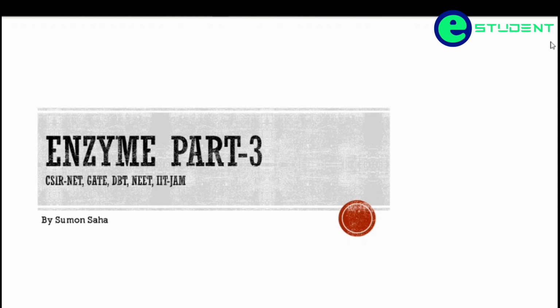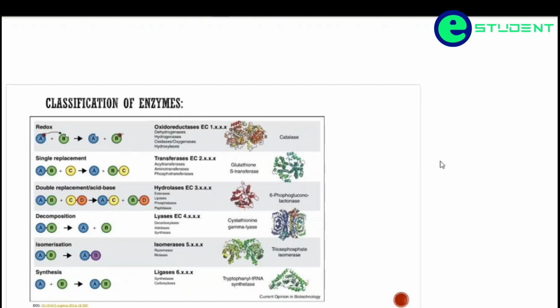Today we are going to discuss the classification of enzymes. There are a few enzymes which may have more than one name, but they all catalyze the same kind of reaction. So there is a need to name them so that they can be classified depending upon their mode of action. The International Union of Biochemistry, IUB, classified enzymes into a total of 6 classes.